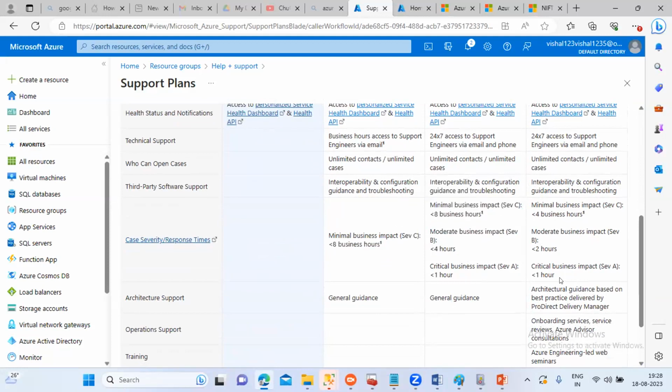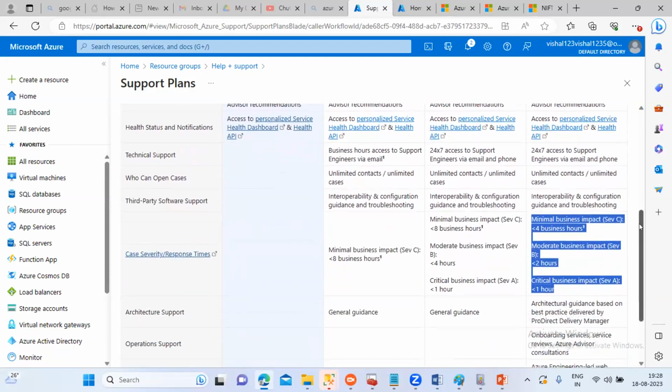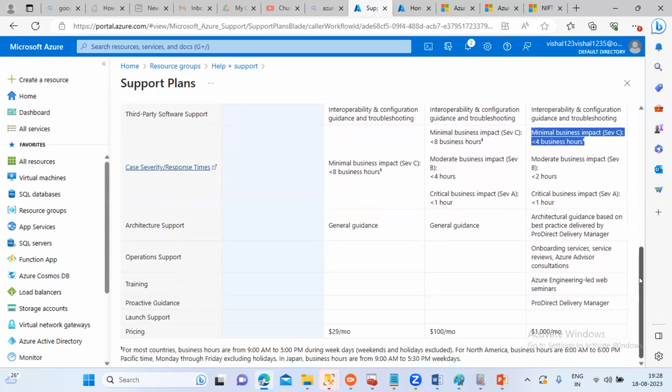Here, if you observe, for the professional direct, Sev A is less than 1 hour. For Sev B, it is less than 2 hours only. For Sev C, it is less than 4 business hours. All right, here it is 8, 4 and 1, and there it is 1, 2 and 4. All right, yeah, and